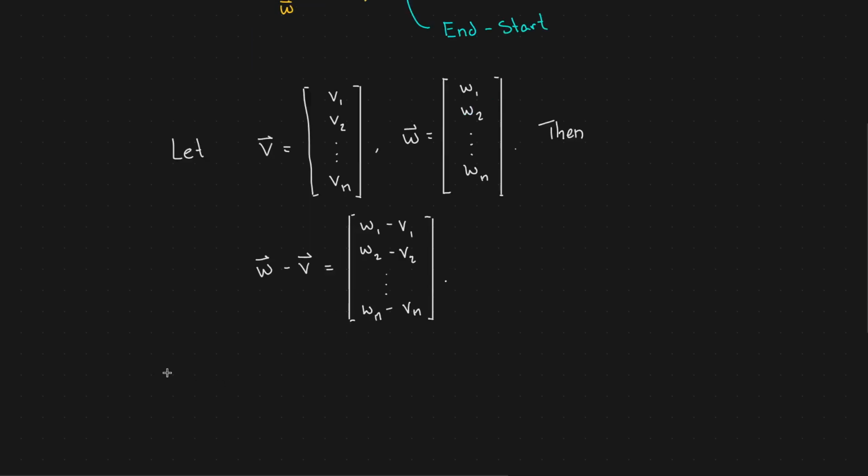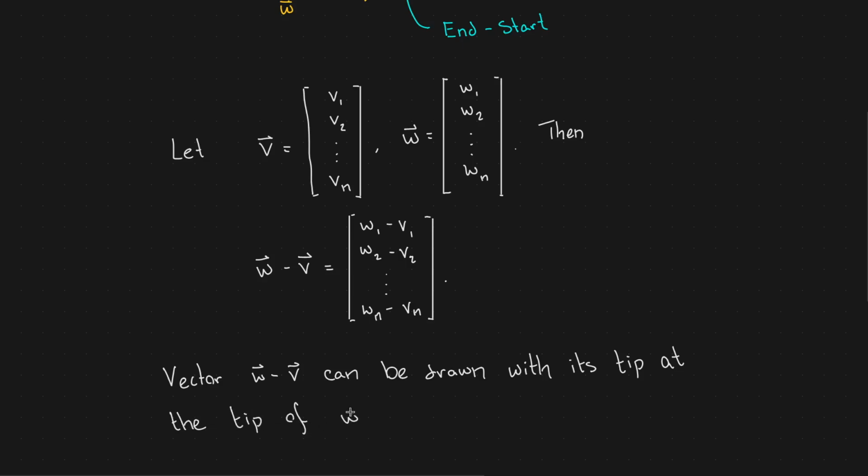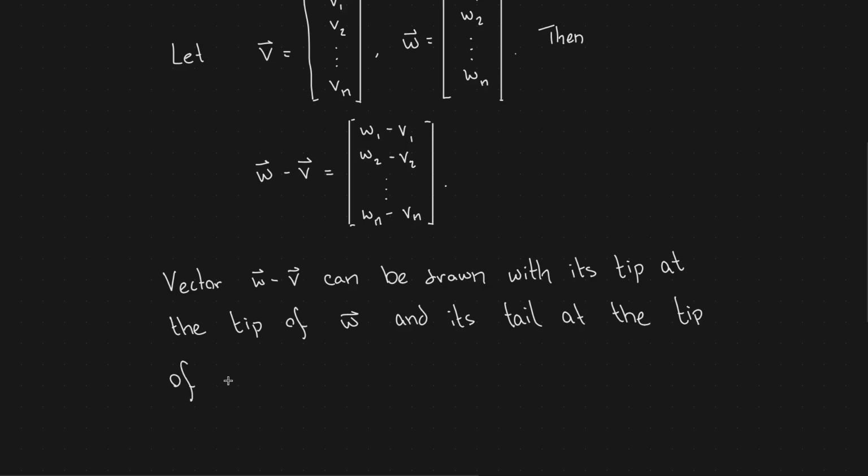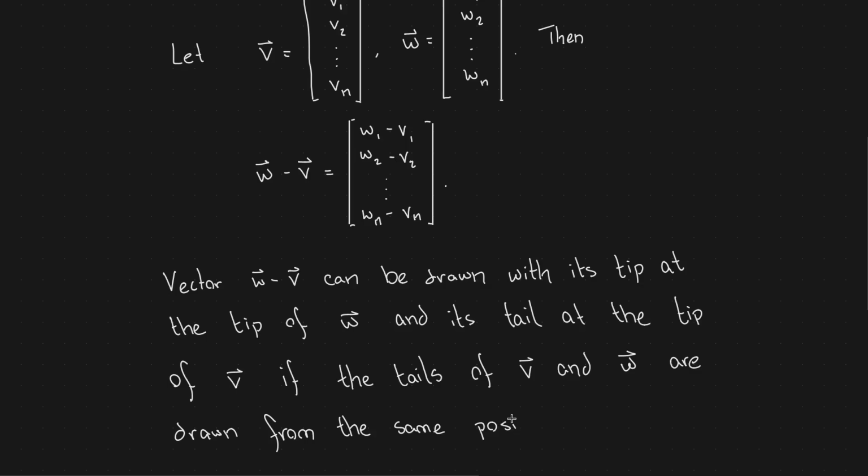And the resultant vector can be drawn with its tip at the tip of vector w and its tail at the tip of vector v, if v and w, let me put it this way, if the tails of v and w are drawn from the same position. Okay,